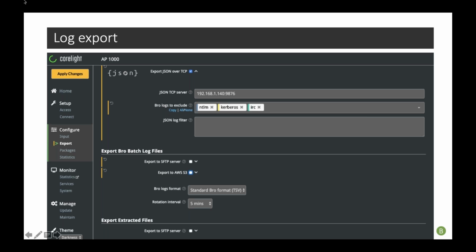So if there's certain logs you don't want to send to Humio, you can filter them out right there. You can see examples of the NTLM and Kerberos logs being filtered out. Setup really is a matter of minutes. You're off and running. The data is being streamed to Humio, but you can check into our management console just